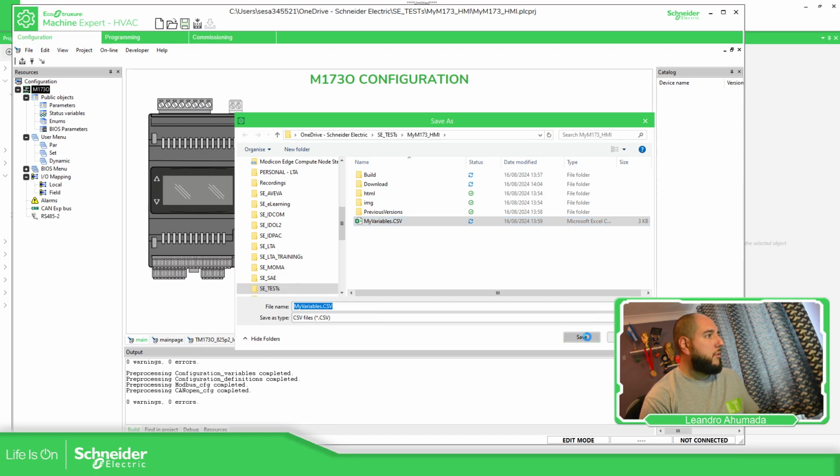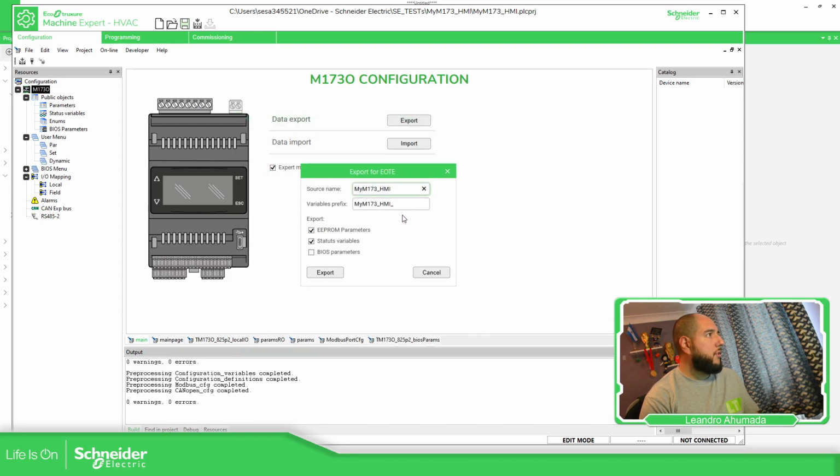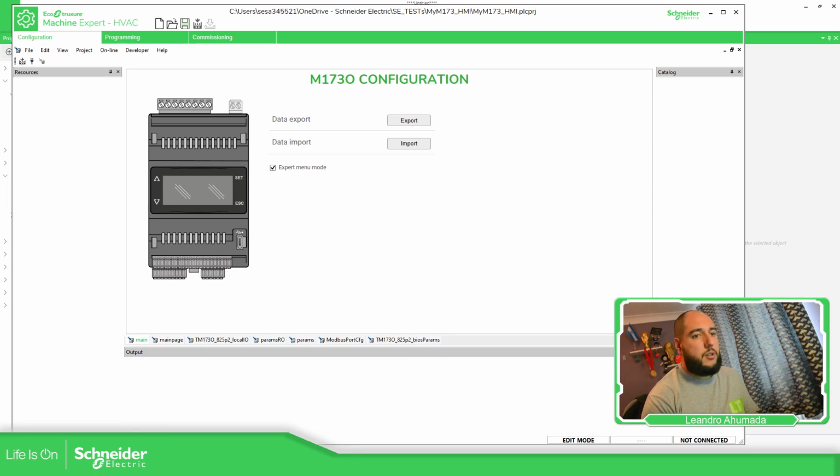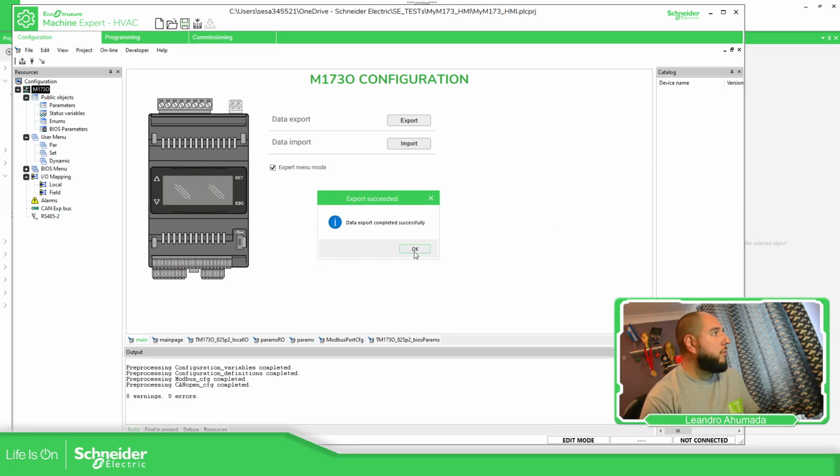My variables, save, replace it. Already select this one, EEPROM. So let's check. Maybe that's something that we need to double check now, later. So EEPROM, export. Okay, I believe that's something that I need to export, but